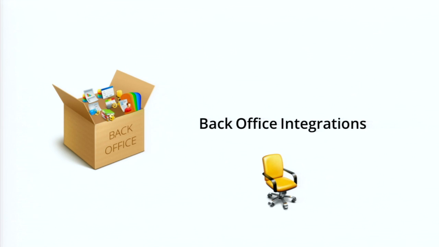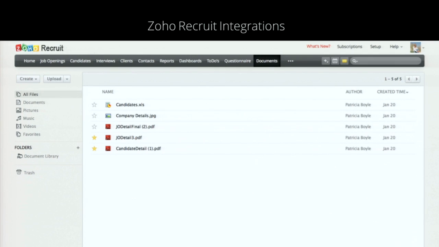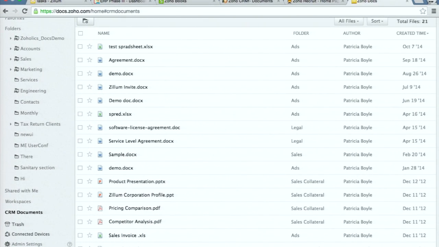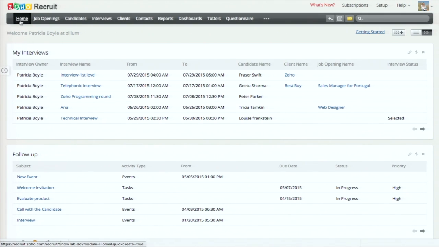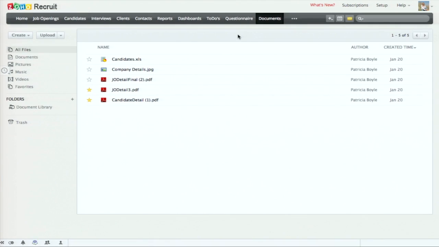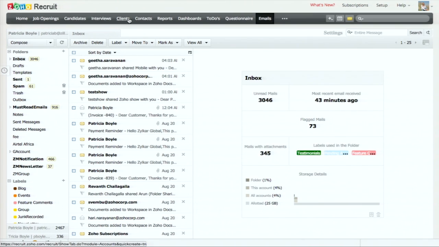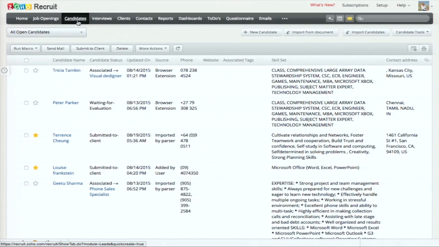And we have taken a ton of things that we have done in Zoho CRM and used that in Recruit as well. So all the things that you have seen in Zoho CRM, most of those integrations exist in Zoho Recruit as well. Let me quickly just show you a few things. You'll notice that the interface is familiar, and you can go to, let's say, a document section, and you see all the documents related to recruitment, and of course, you'll see all the candidates, their resumes, all of them can be placed here. And just like CRM, you can see all the emails related to this right here, and then all these attachments and other stuff are integrated within every single module of the application.